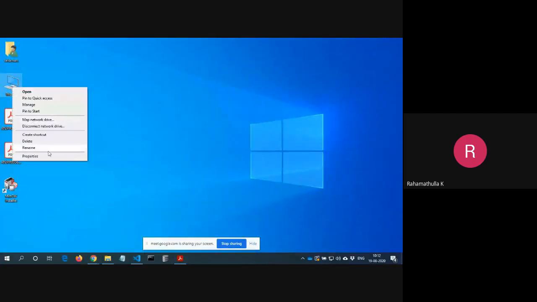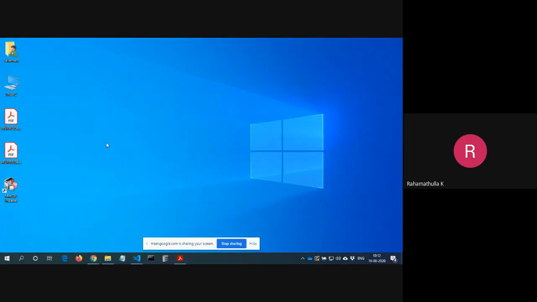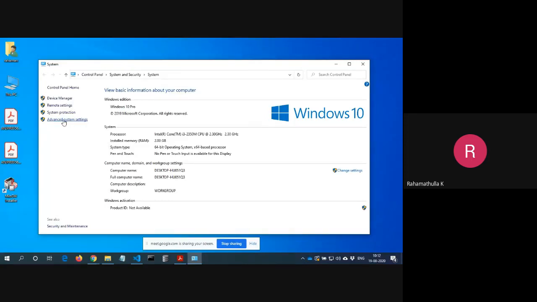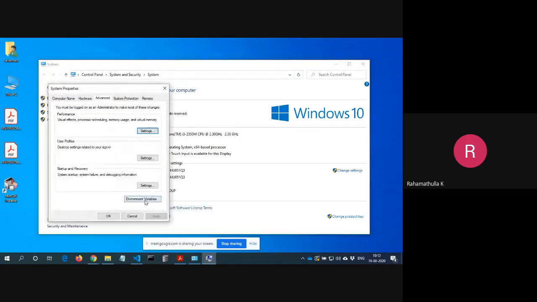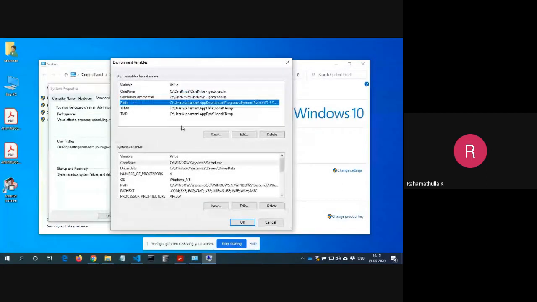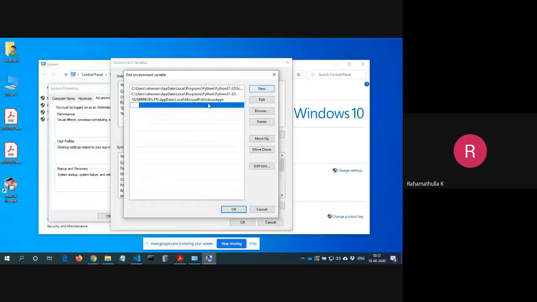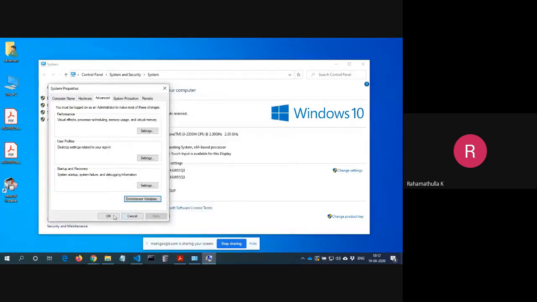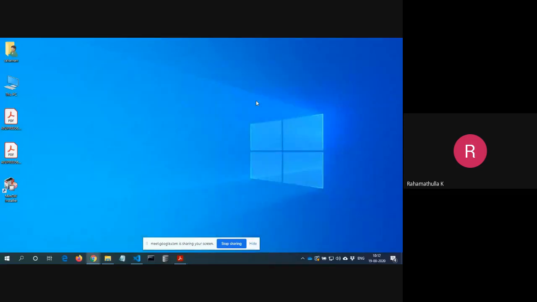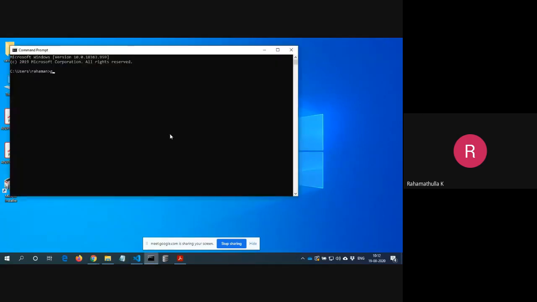Once you install that, you go and set it in the path: advanced system settings, then environment variables, take path, edit. Then you add a new entry here, C colon, MinGW slash bin. Once you add that, now you will be able to use the GCC command in your command prompt.